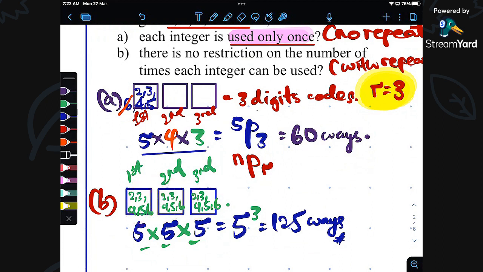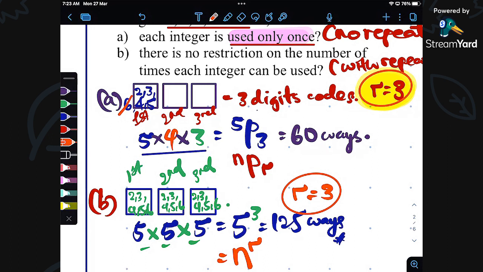Okay. Yang boleh berulang lah maksud saya. Nombornya boleh berulang untuk setiap digit kod ini. So the number of ways is bigger, isn't it? So it's very logic that this is bigger than this. And so please understand that the way we write it down is n to the power of r. Our r object is still 3. The r is 3 still the same as this one, but